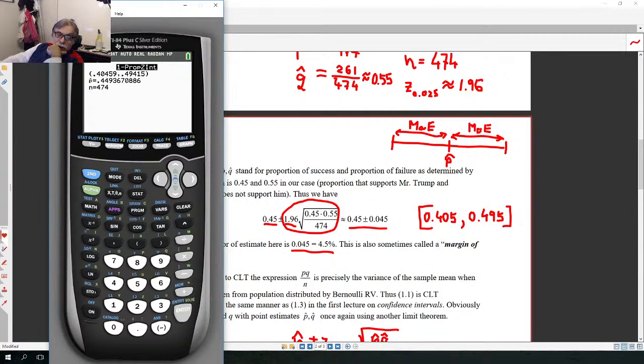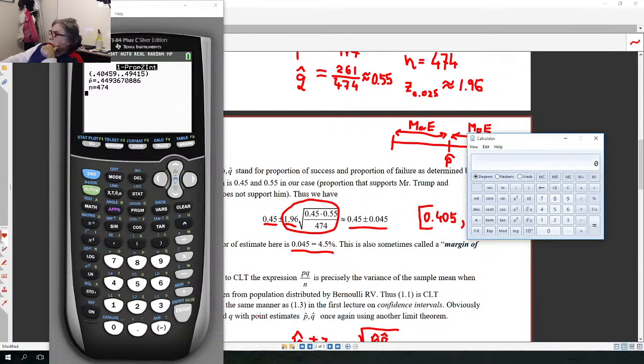Okay. So I'm gonna have to use my computer calculator here. Because if I start calculating here, I'm gonna lose the screen. So